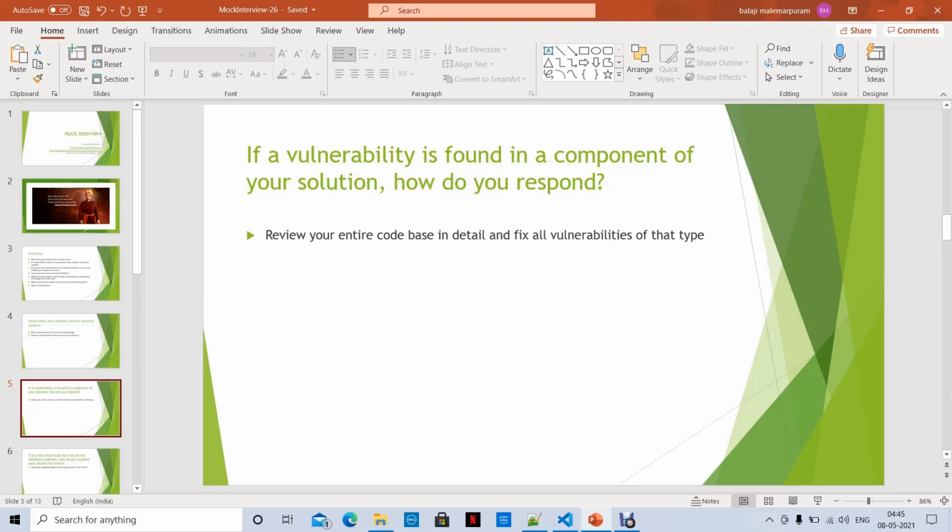So that means we always need to check all components or the entire code base for any type of vulnerabilities given by the security team.